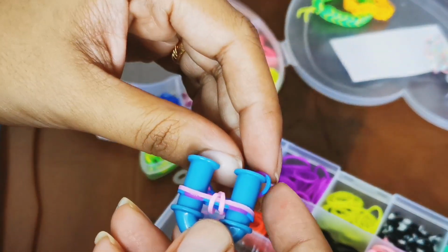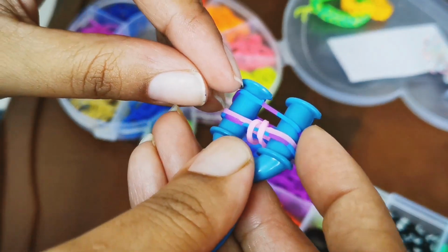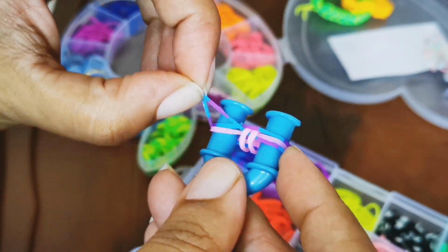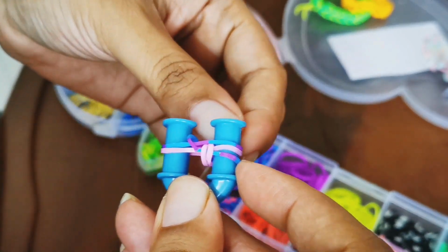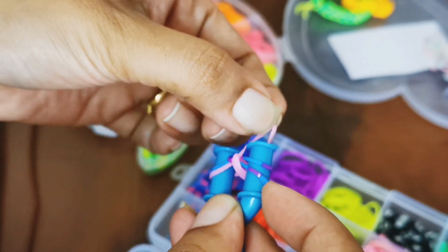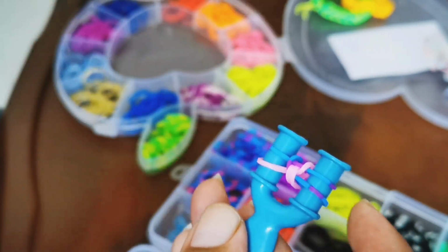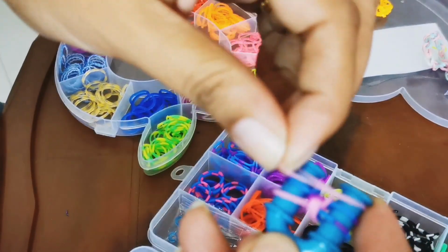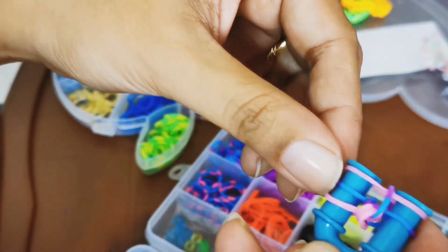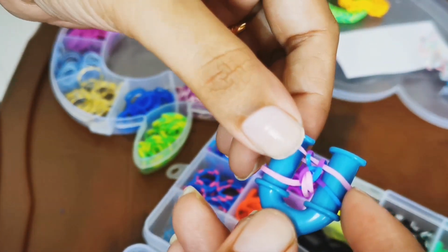This forms the start. Then we continue, but now what you'll do is you'll do this step alternate ways. Firstly, I will take the bottom portion, and from the second side the middle portion, the pink color. That's your second step. Now the third step will be the alternate. I will take the bottom from the other side and middle from the first side,